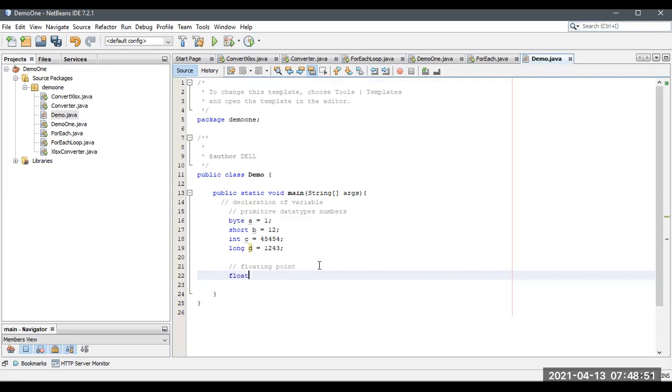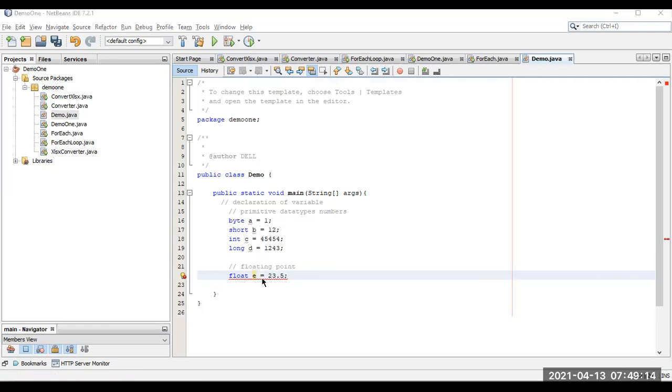One is a float, sorry, A has already been declared. Float B, next E is equal to 25 point or something else. Sorry, one second. Why is it showing an error? Okay, it is asking for a double.